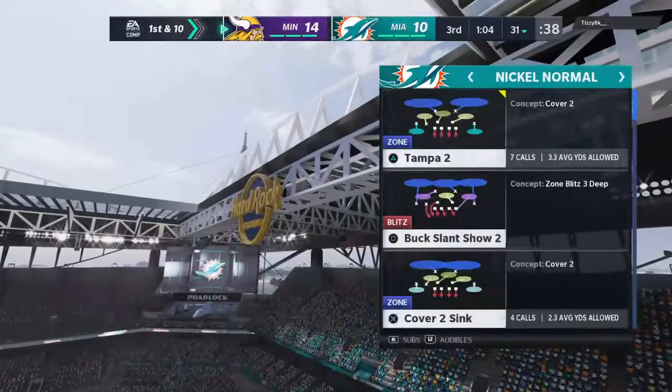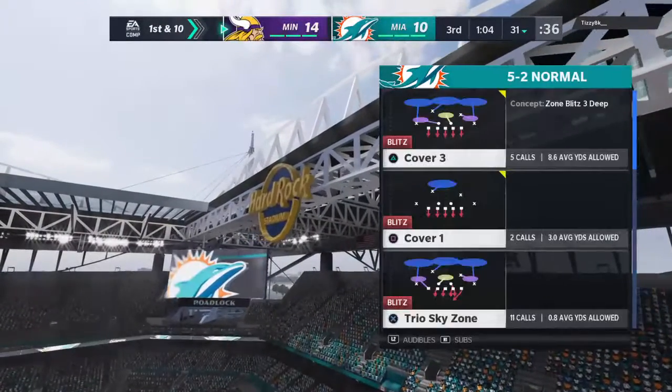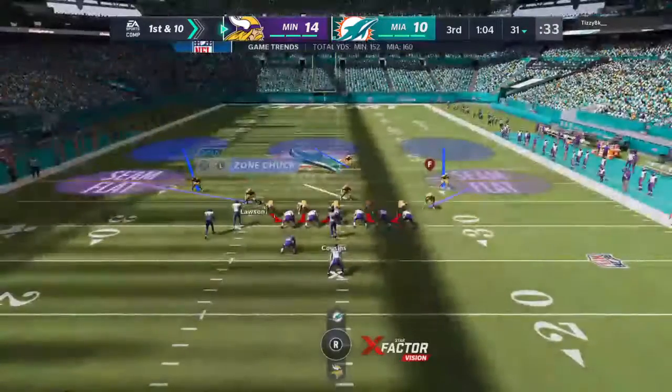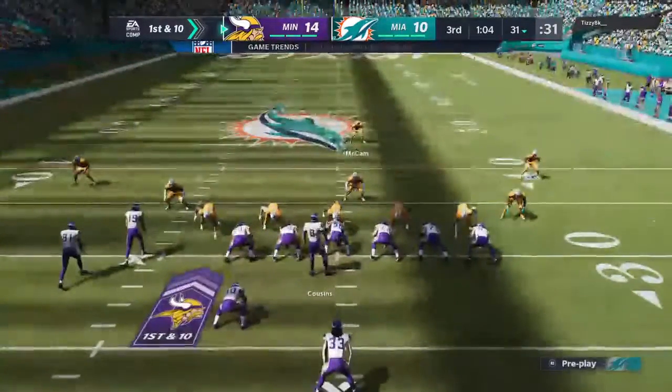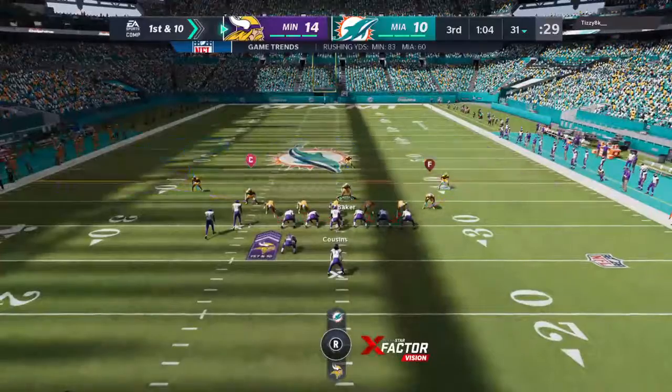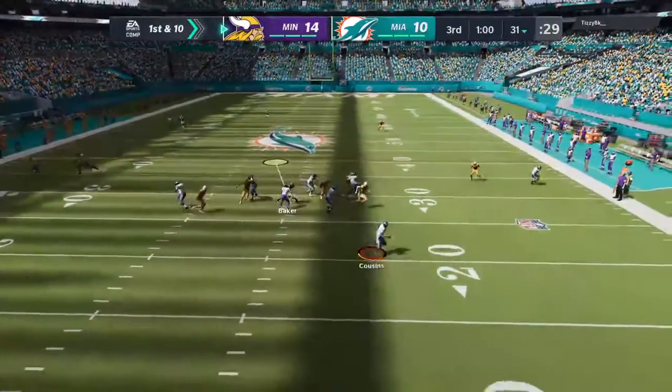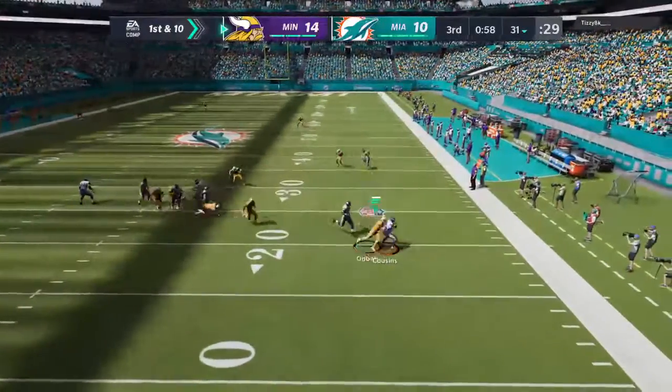Jay Osborne on the return. The Vikings take over 1st and 10 at their own. Here are the Vikings now to start their next drive. And they're hoping to redo their efforts in the last drive when they got into the end zone. And just think of what it's like now on the sideline, because when you score a touchdown, you have to go over and look at the tablet and see what you...